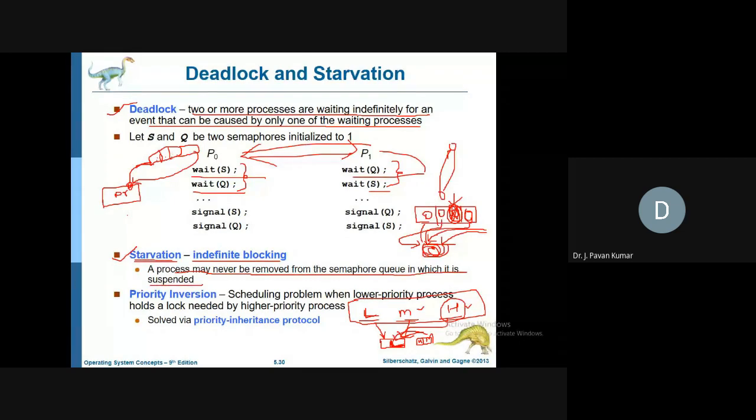Suppose after the fourth one and third one have entered the doctor's room, two more patients come. Those two more will be added as the third and fourth. Again the fourth will be retrieved. So this particular first one will keep on waiting. That is called starvation, keep that in mind. Similarly, the second one also will be kept waiting. So this is called starvation. Got my point?